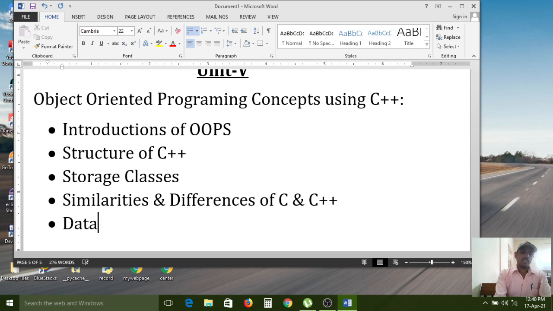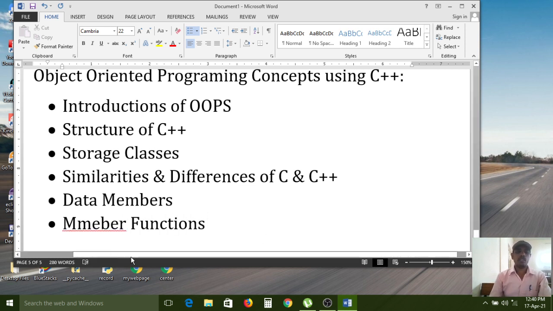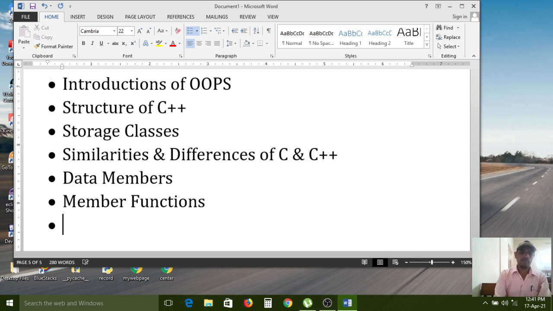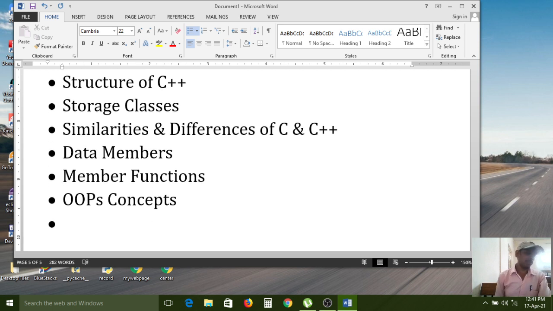Next, data members, member functions, OOPS concepts.